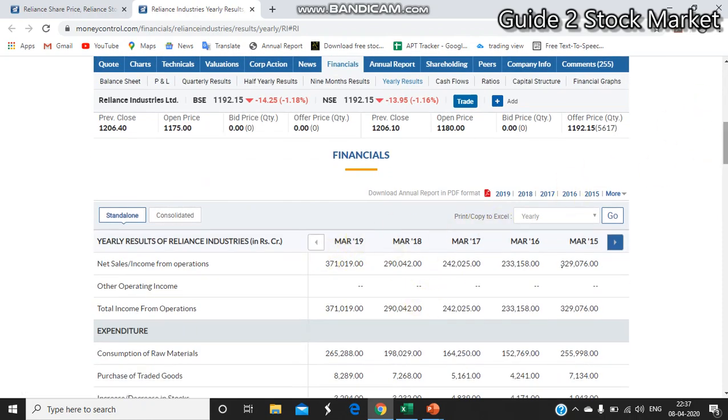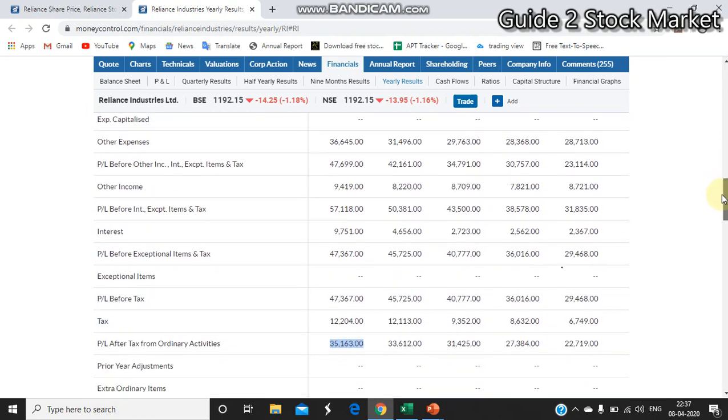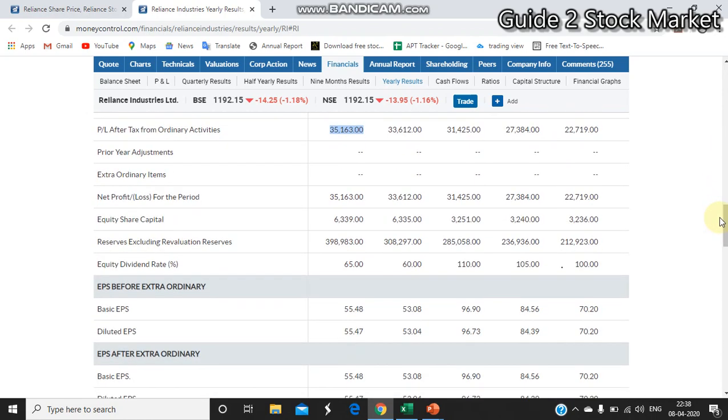There is one more thing here. If you come below, you can find the EPS. What is basic EPS and what is diluted EPS? Basic EPS is considering the common stocks, and the EPS is 55.48. Whereas diluted EPS considers both preferred stocks and common stocks, and the EPS comes to 55.47. If you want to know what common stocks and preferred stocks are, watch my previous share capital video. So now let's calculate